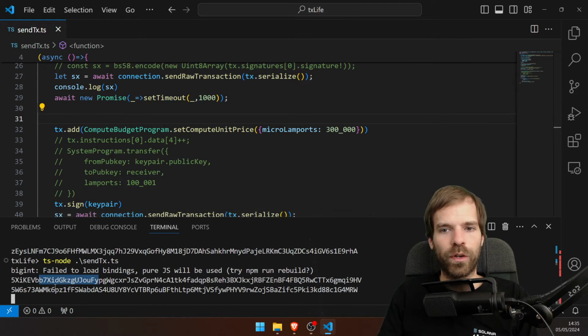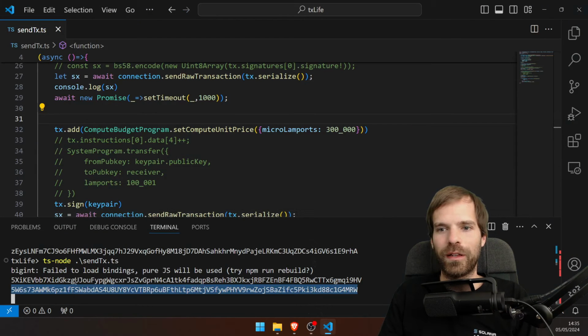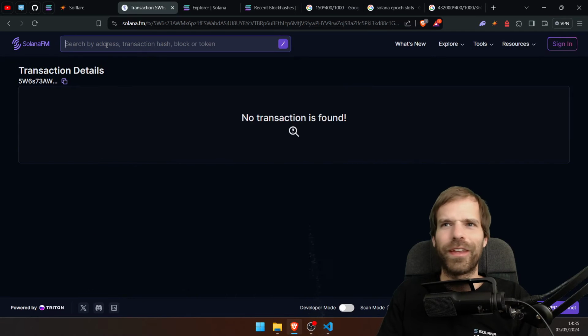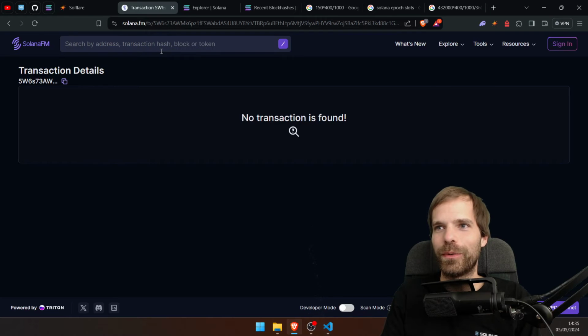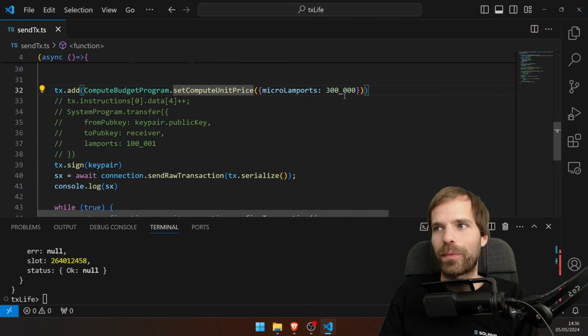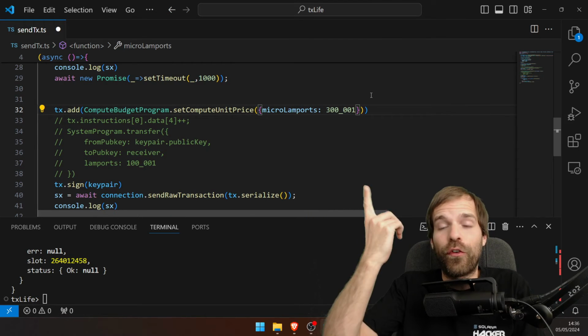Again, first without the compute, then with the compute budget. This one did confirm immediately, and this one does not. Something is really weird today with the compute budget. What is happening? I can't confirm the one with the set compute unit price, but I can confirm the one without. This is so weird. So, add a set compute unit price instruction, or change that value here for even just